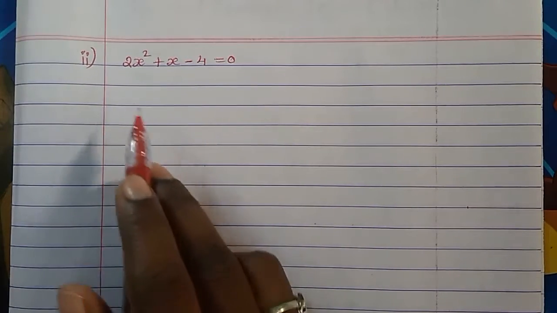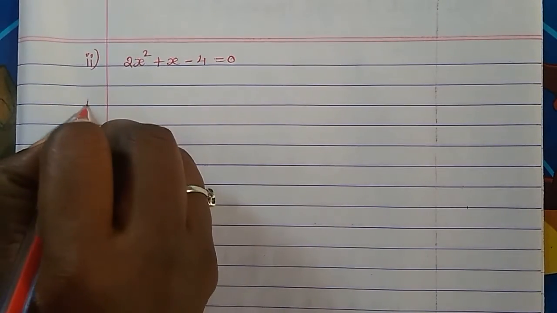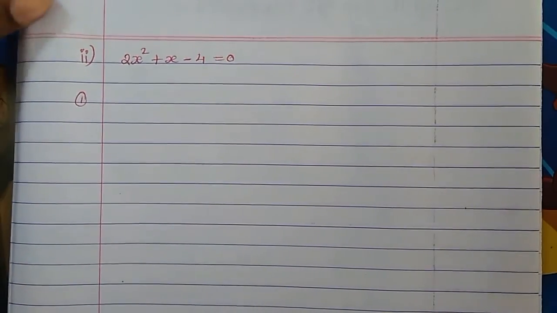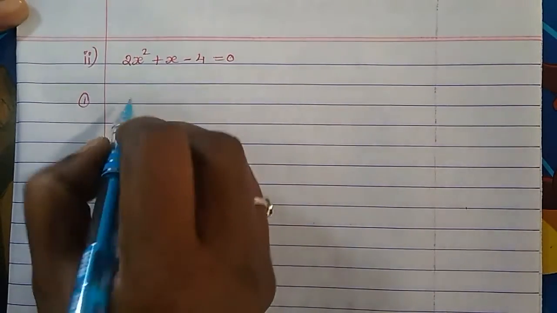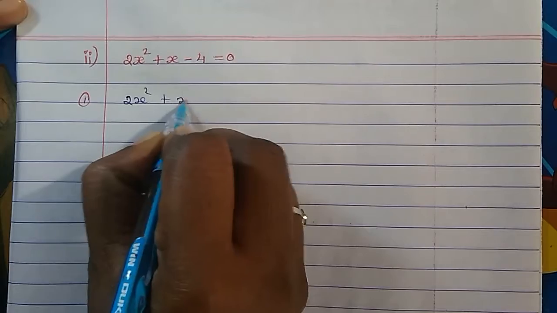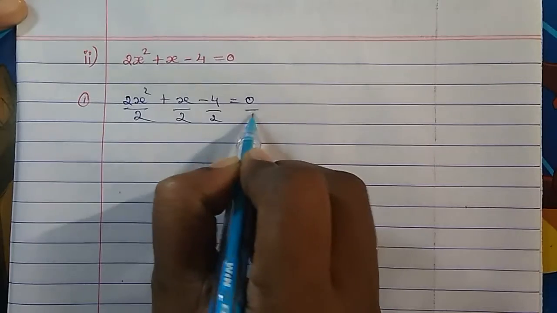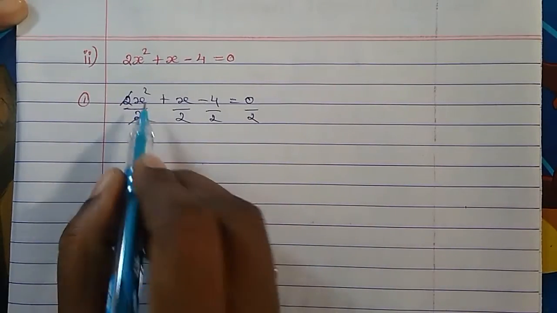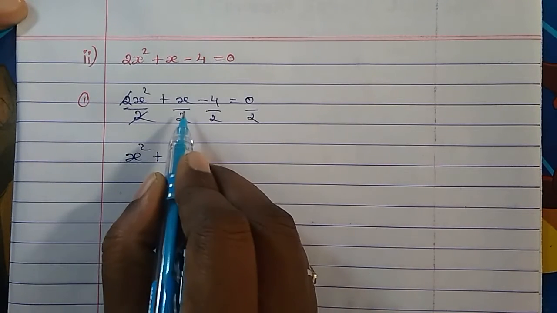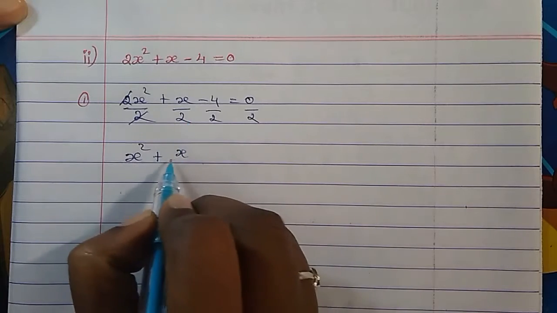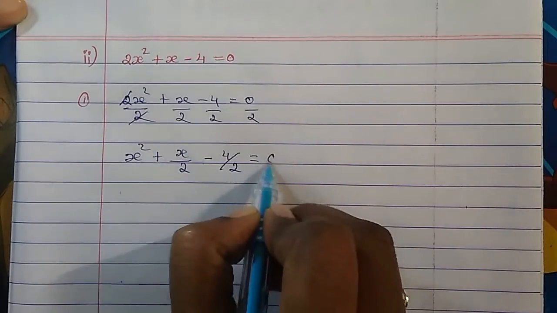So the first step is to remove the coefficient of x square. So I am just putting it, remove the coefficient of x square. For that we will divide everything by 2 here. When we divide everything by 2, we can remove the coefficient of x square. So it got cancelled. Now we will have x square plus x upon 2, and here we have 4 upon 2, so this will become 0.